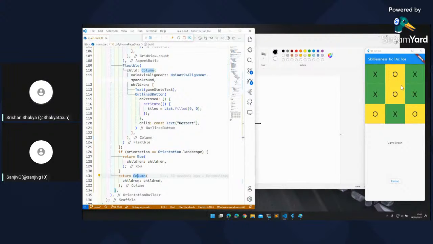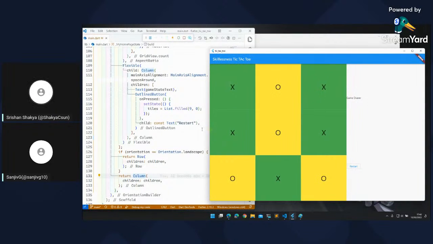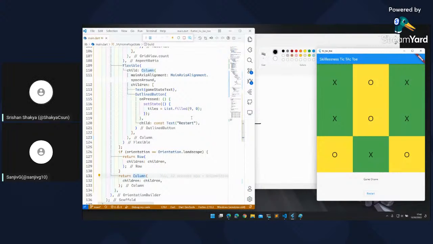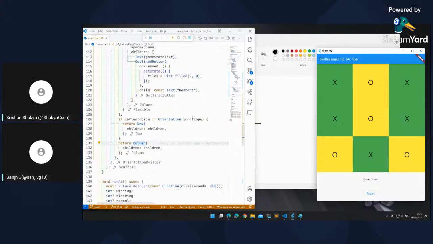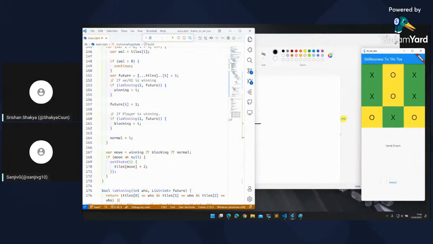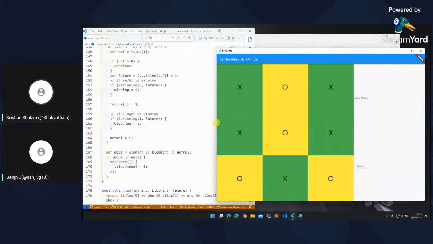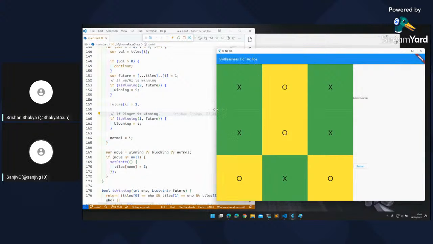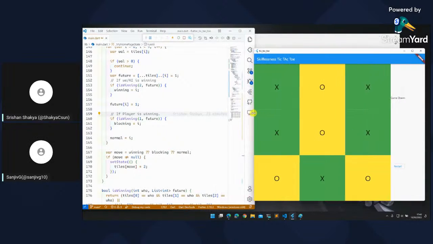And we can also go to see the horizontal and vertical arrangement of how the row and column work. Yeah. I think this should be it for our current stream. Yeah, it's 1 hour and 48 minutes. Yeah, maybe we will build this for the web and host it in GitHub Pages next. How about we fix the UI and other things later on, in the next session, and then only we'll move towards web. Yeah.